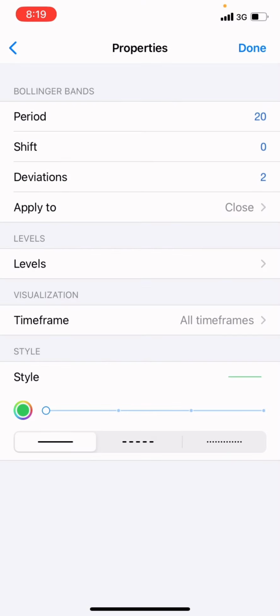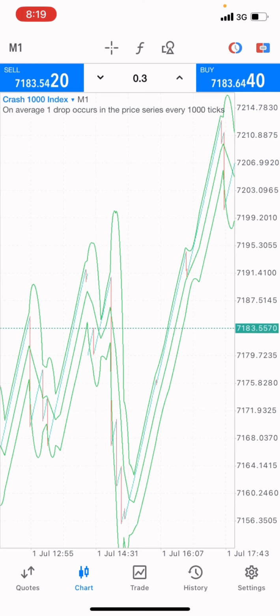Then you select the straight line pattern, the first one if you are using MT5, because I'm using MT5 for this video illustration. Then you click on done. After that, click on done. So you see now, after the Bollinger Bands, the other indicator which we're going to be using